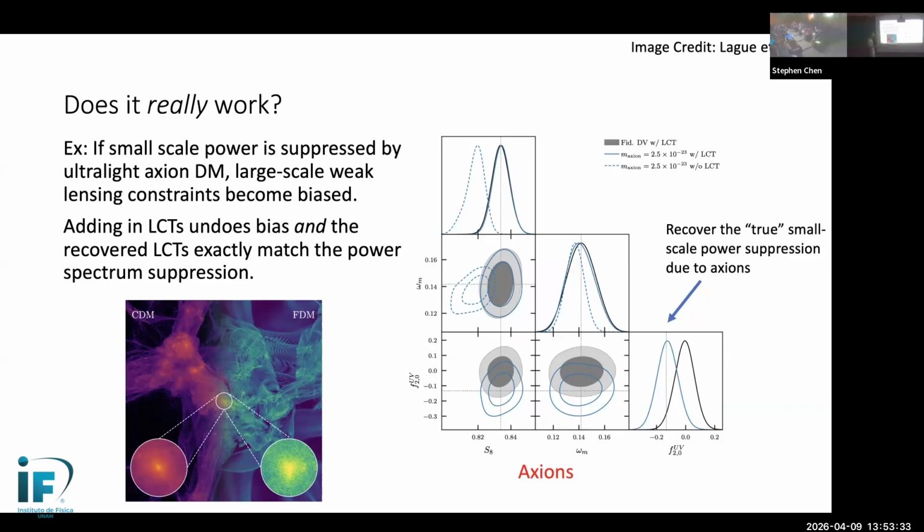But if I properly include the effect of this UV sensitivity in my model, then you can see that these counterterms account for this non-fluid behavior, the quantum behavior of the fluid at small scales, and allow me to recover the true cosmology while picking out the fact that the lensing counterterm is quite a bit different than what you expect for lambda CDM. So you can see that this model is actually able to pick up the fact that we now have control over this whole thing.